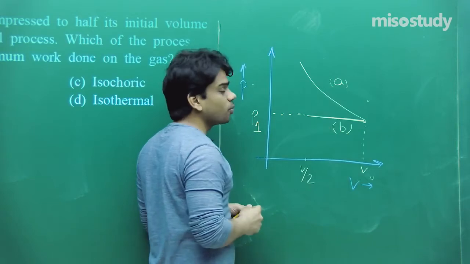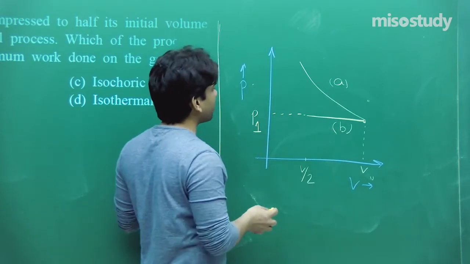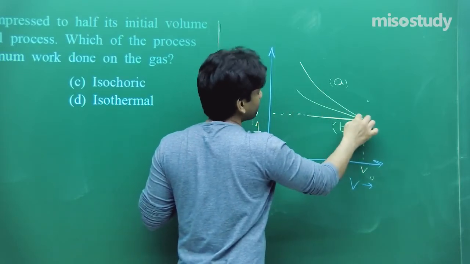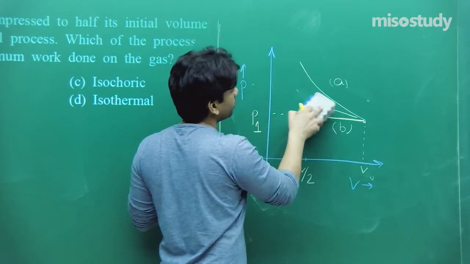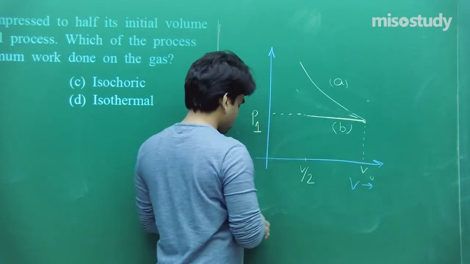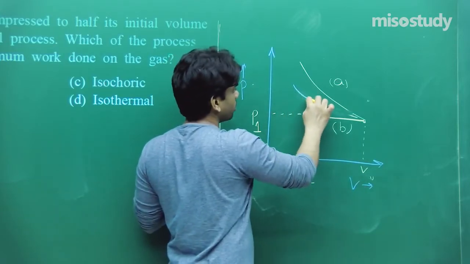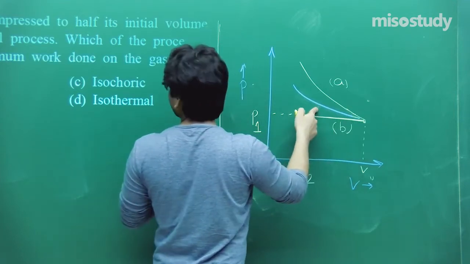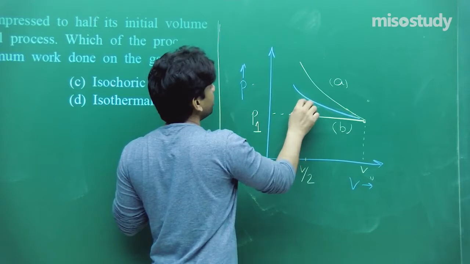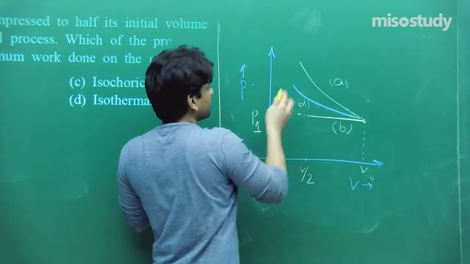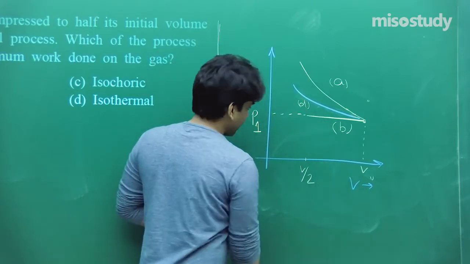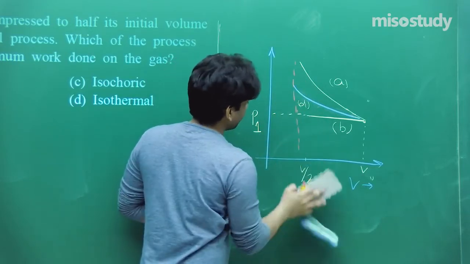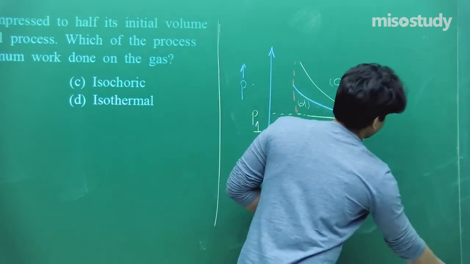And then you have isothermal, it will have less curve compared to adiabatic, so I'm going to show its curve like this. Let me draw with a different color so that you may differentiate it. The curve will be somewhat like this. This is the second curve that I have drawn, that is for isothermal, so option D is for this. These are the three curves that I have drawn for the pressure volume relation. Just try to understand.